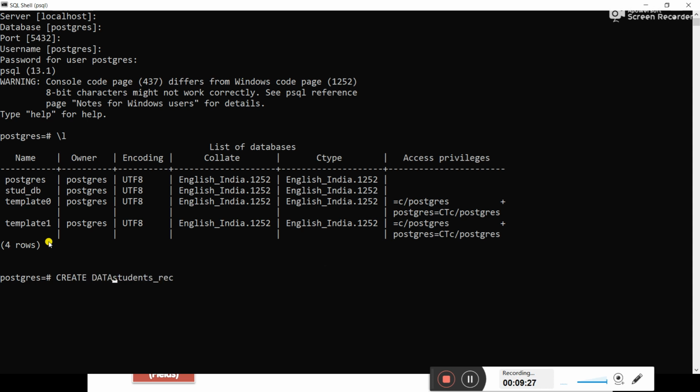We are creating a database, so we need to type the create database command, and then write down the database name. After the database name you need to type a semicolon. It is the end of the statement. It is compulsory in SQL. So you need to type this semicolon here, and press enter.